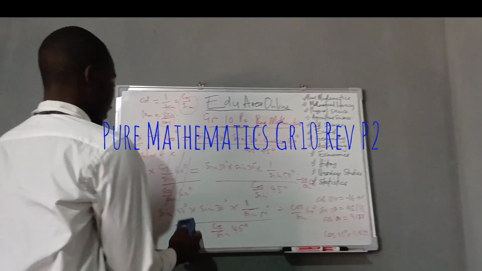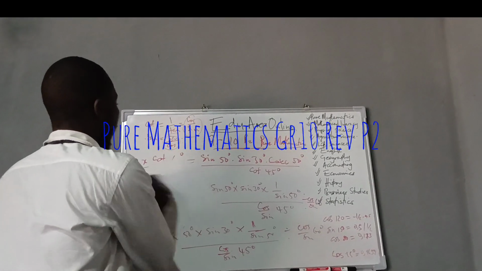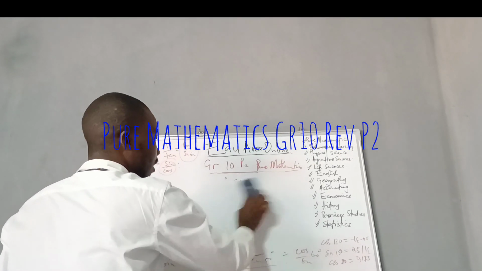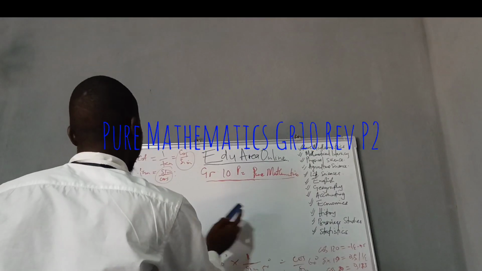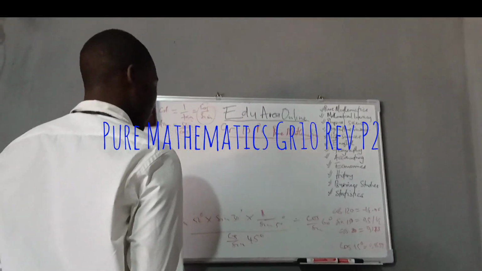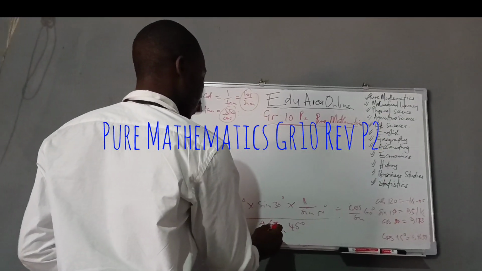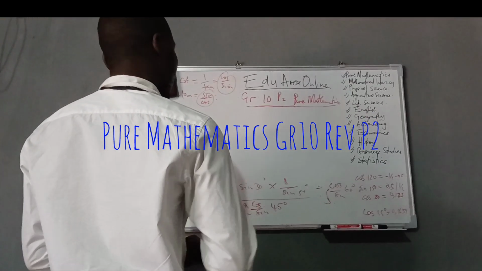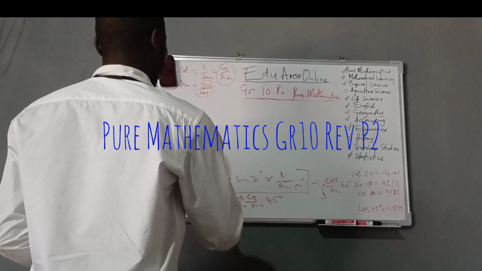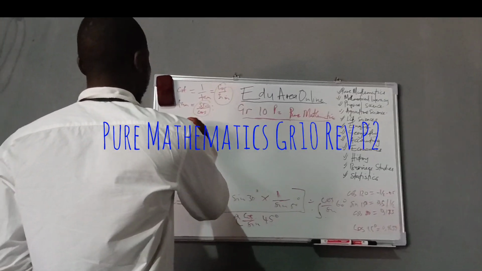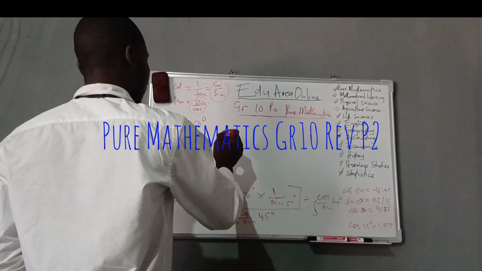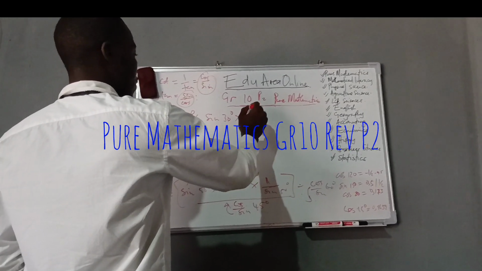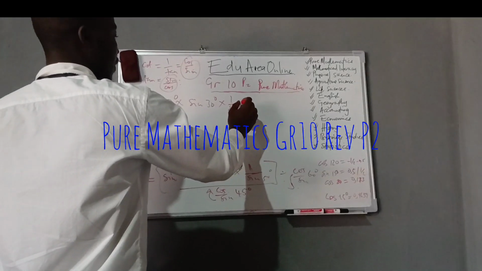So now we are here, but we can see that now we have two values that are dividing the equation. So let's deal with them once and for all. So how do we deal with them? We can reciprocate this one and the other one so that they become multiplications of this function. So how do we do that? So now we're saying x equals sine 50 degrees times sine 30 degrees times 1 over sine 50, that was